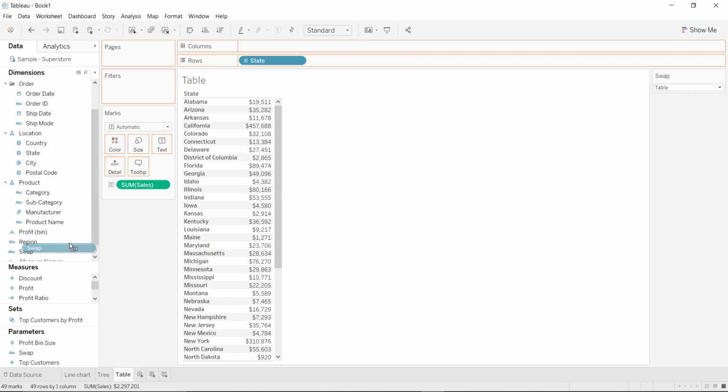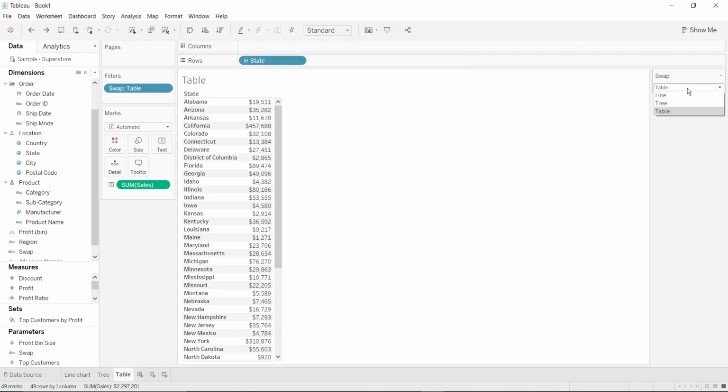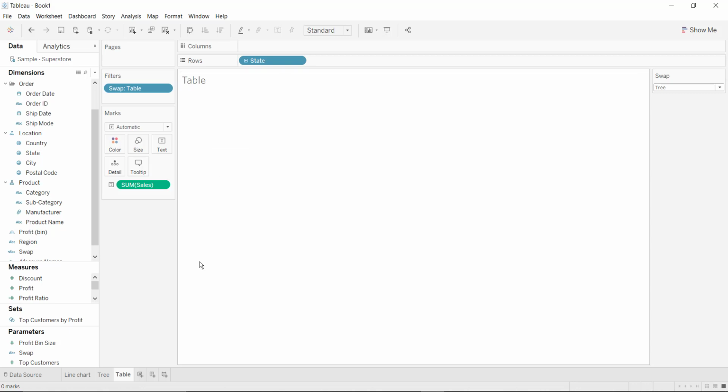So let us drag this one and drop it inside the filter. Select table because right now we are on the table chart and we have to filter table. Click on OK. Now if I change the value to tree, all the values will get hidden as this condition is not satisfied. So right now the calculated field swap has value tree.